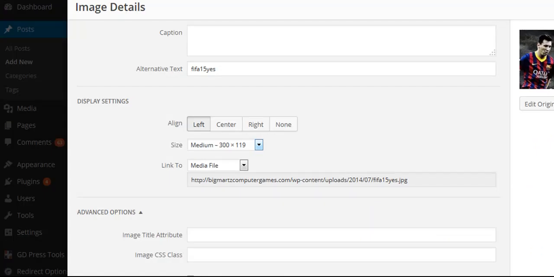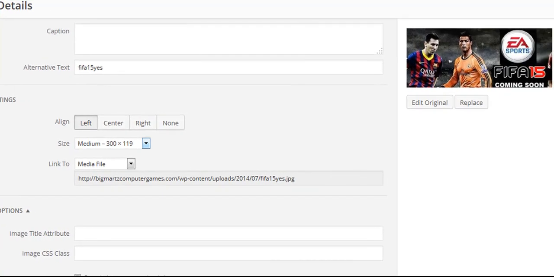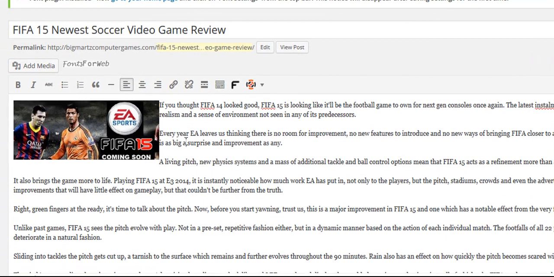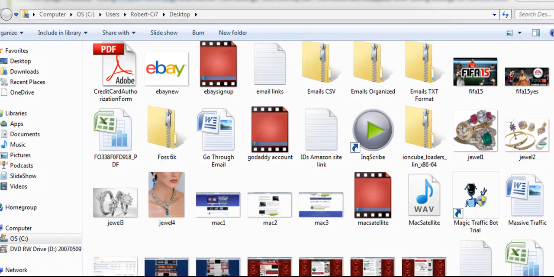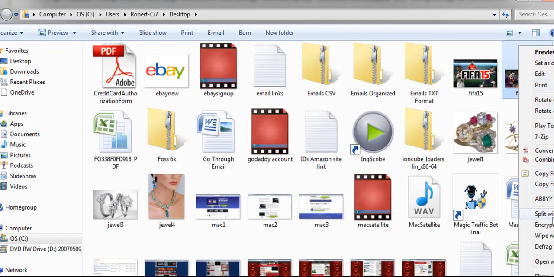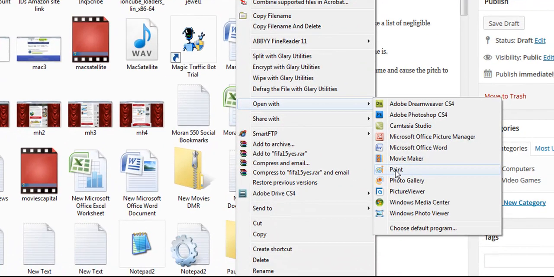Okay, so I'm going to also show you a little trick that you can do to edit images. When the image has a black background, you can see that the text sometimes wants to run into it. I'll show you how to quickly fix that here. Okay, so what you do is you right-click the image, open with Paint,